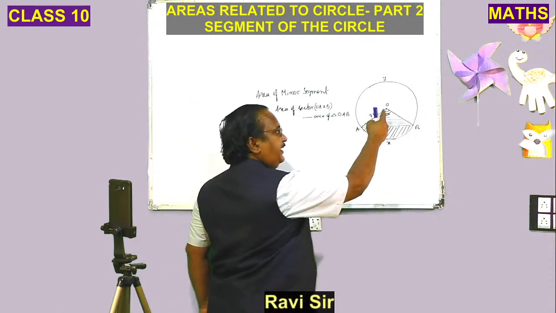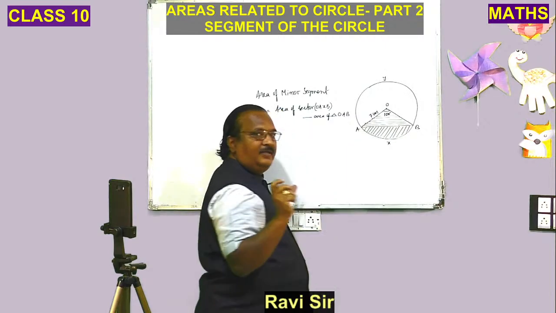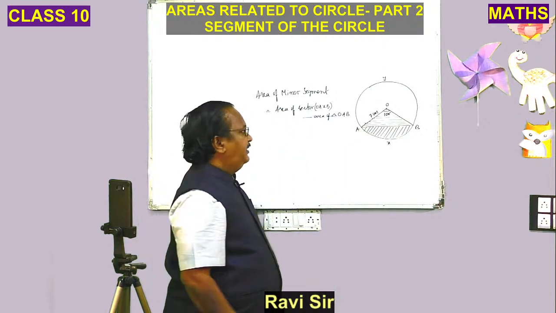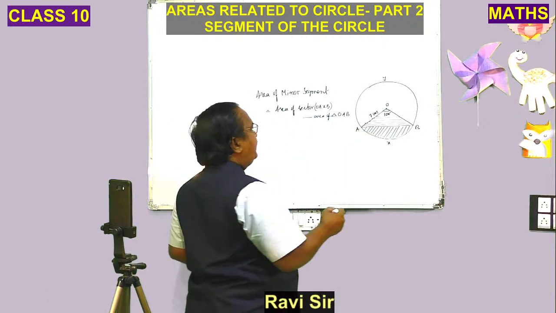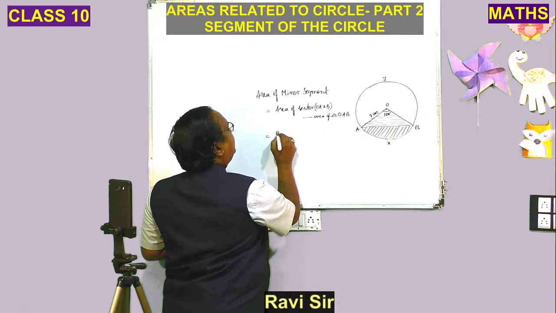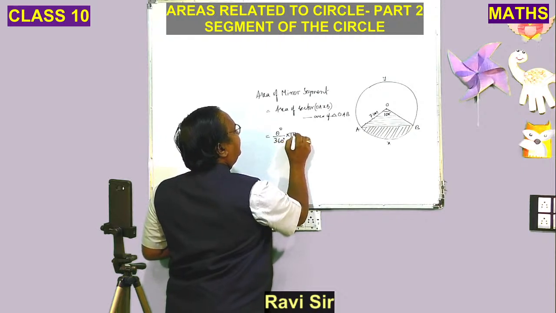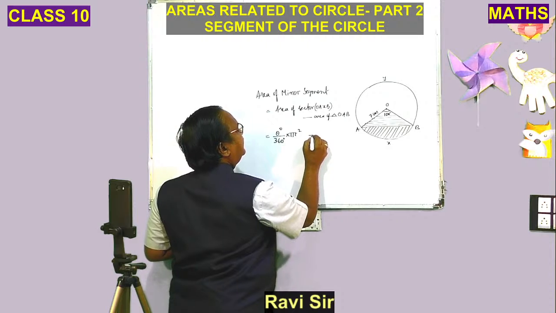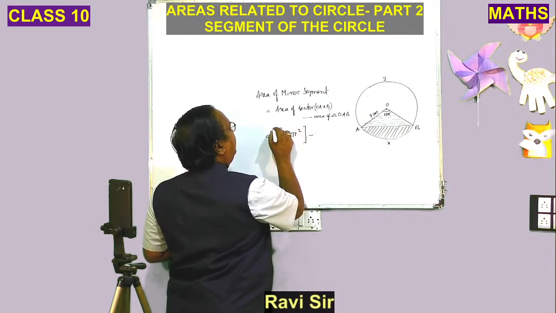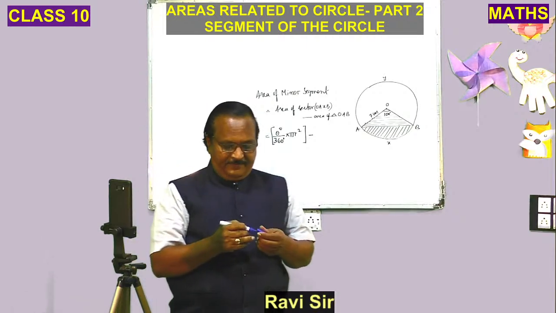So, when you are writing the area of the sector, be careful: OAXB is a minor sector, right. Now our target is very simple. Area of the sector is theta degrees by 360 into pi r square. This is the area of the sector formula. Now, area of triangle, we have